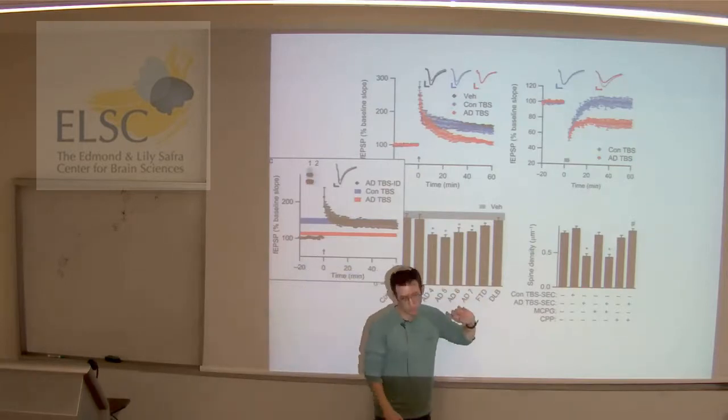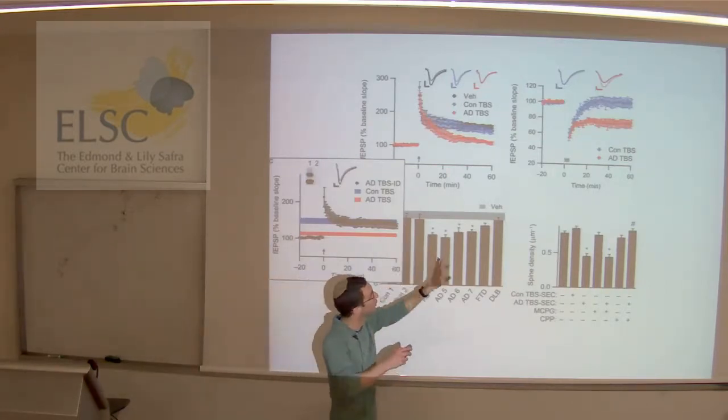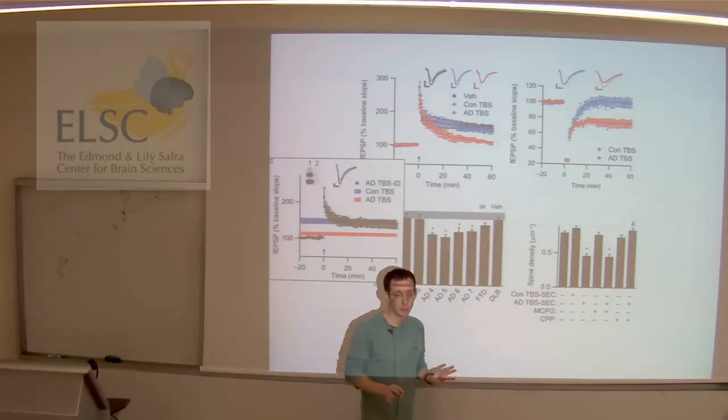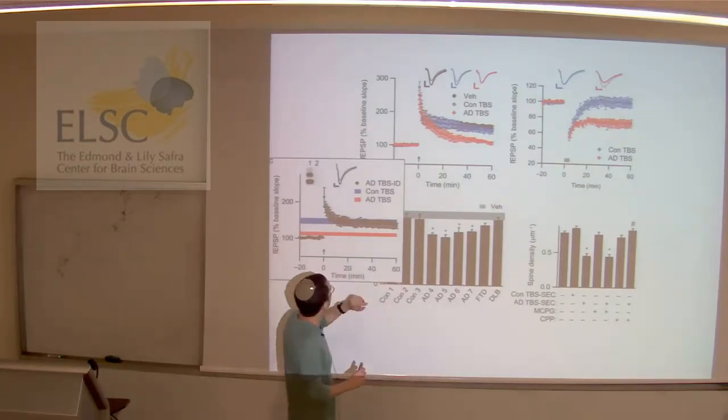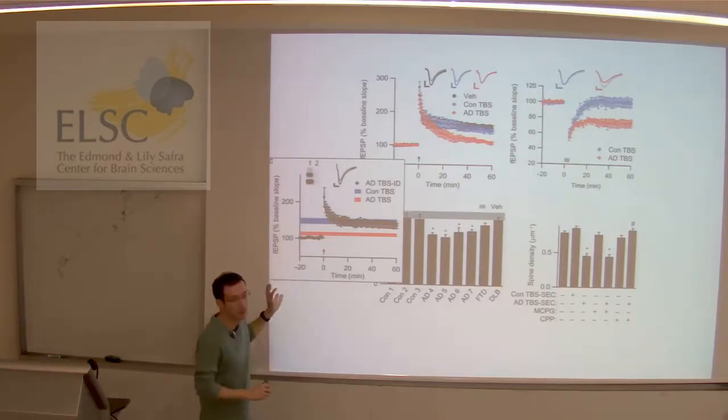And go on. Okay, so you see that. You have two levels of readouts here. You have synaptic functioning and synaptic morphology, right? And amyloid beta extracted from patients damaged both of these readouts. Okay, this paper was written in 2008, and then there was a big trend to try to passively immunize against